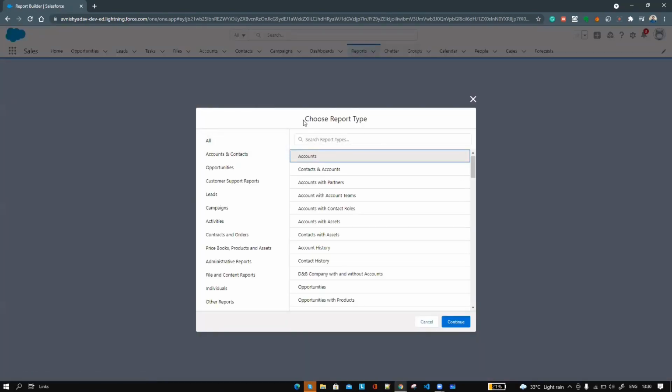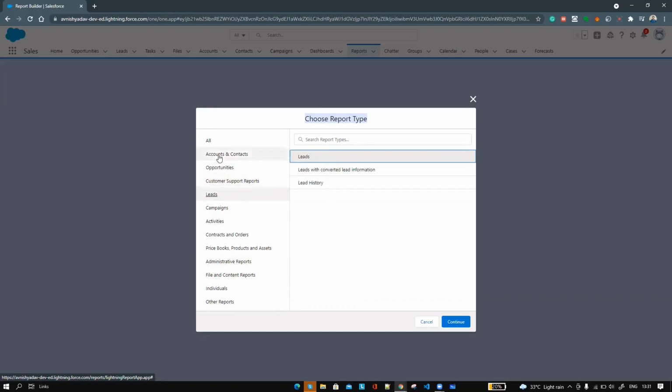The next option is to choose a report type. We talked about how there is a standard report type and there is a custom report type. Standard report types are all the report types which Salesforce provides us. Like if we create a new custom object and check the option to allow reports while creating that custom object, then it will create a standard report type for us. You can see we have different report types like account and contact, opportunity, and customer support. These are all folders of report types, and these are the different types of reports which we can create.